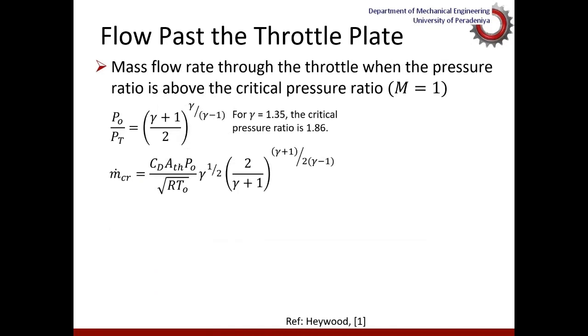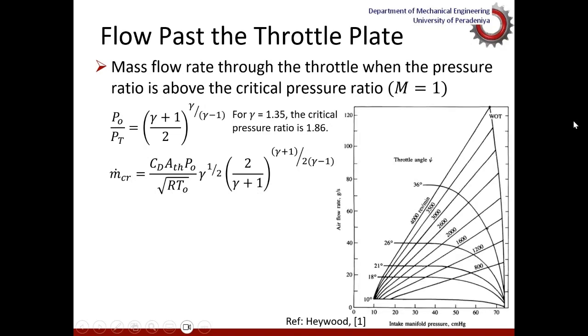If the Mach number is equal to or more than 1, then the flow through the throttle plate becomes choked, and the critical pressure ratio can be worked out as before. And the critical mass flow rate through the throttle can be worked out this way. And this diagram shows us the variation of airflow rate for various intake manifolds at different speeds and throttle open